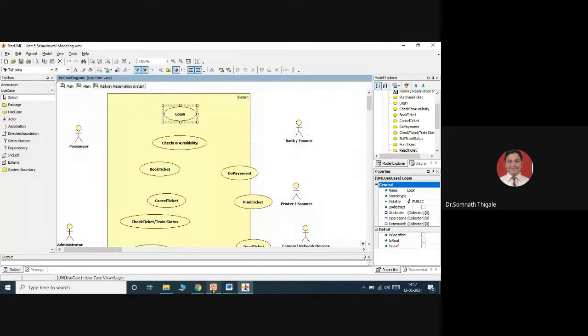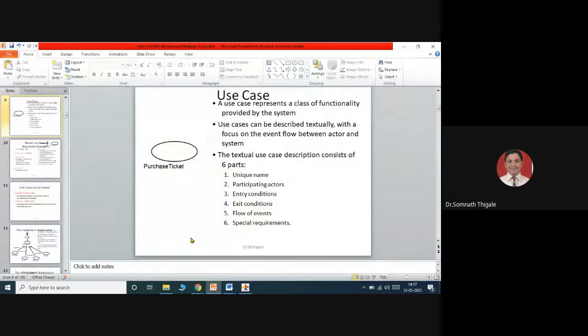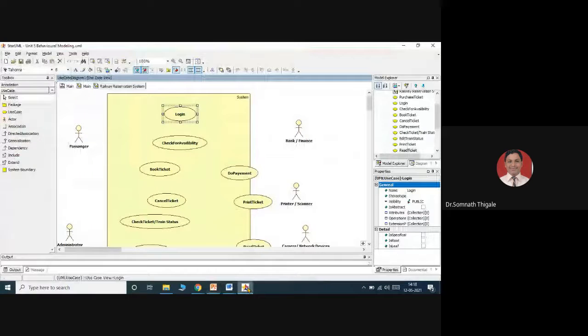So what is the simple definition of a use case? A use case is just a function or operation of the system. For example, what operations is a railway reservation system going to perform?